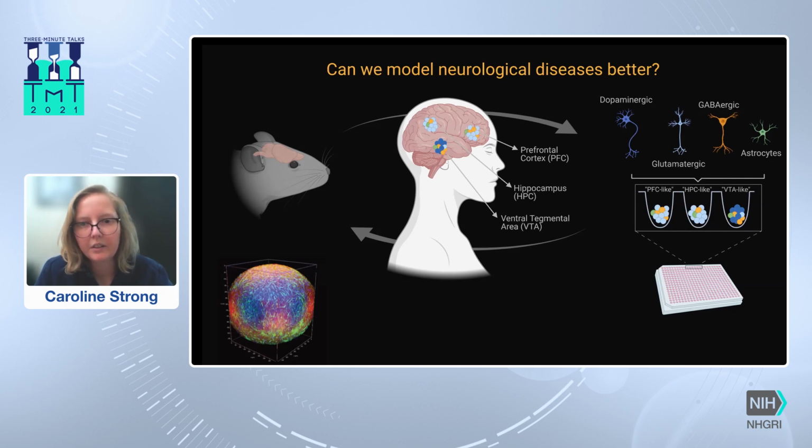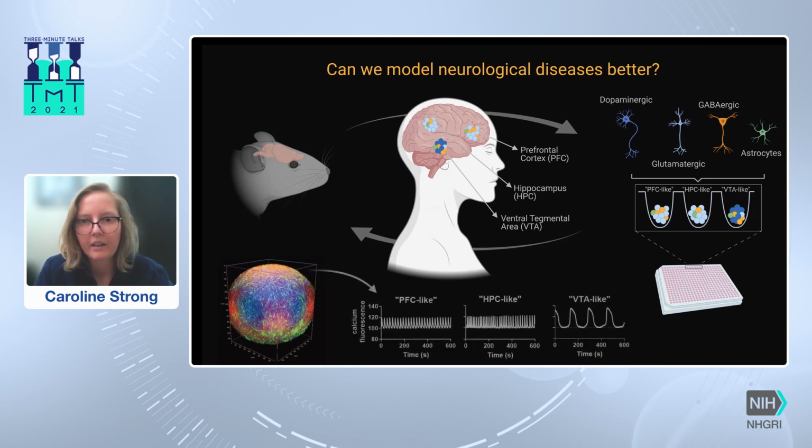Similar to traditional 2D models, these spheroids can be used for high throughput screening studies and made in 384 well plates, but their structure allows for better neuronal communication. We can then use a plate reader to look at the neuronal activity from each spheroid across the whole plate simultaneously. And what we found is that the activity profile is unique depending on the composition of cells within each